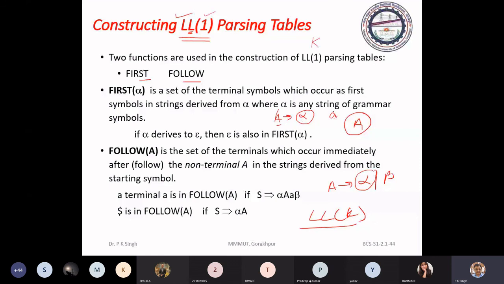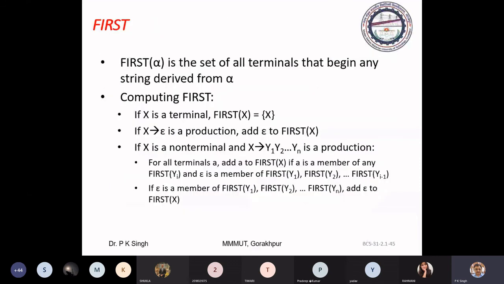Okay. I will give you the rules for computing the first and follow of various grammar symbols. First, see the first.